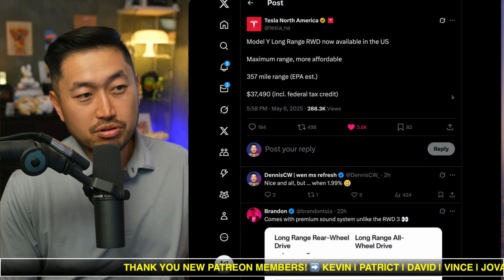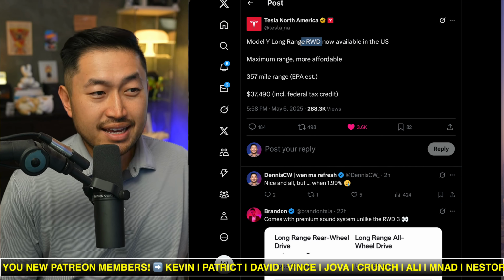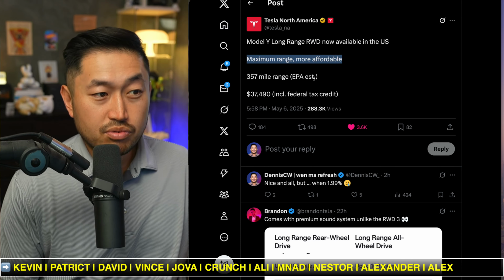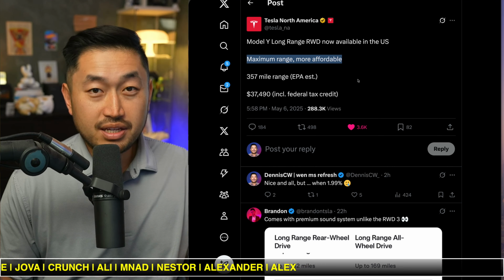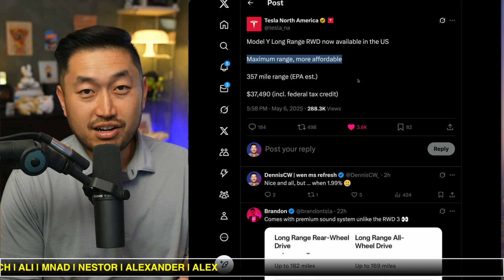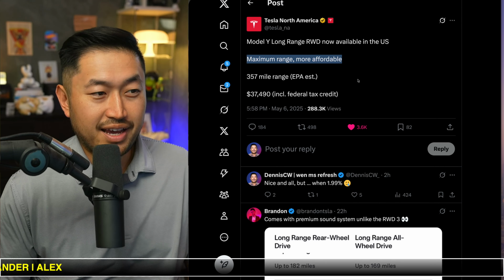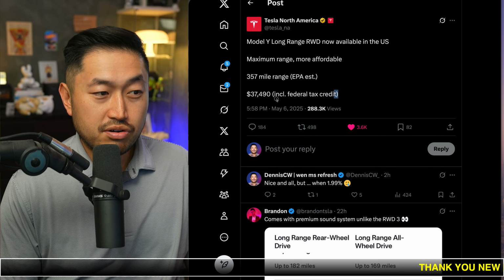But let's go with the pros of this. Of course, it's a rear-wheel drive, so unless you live in inclement weather areas, it's not going to be worth it. It does have the maximum range possible, and it's also the cheapest. So if you're paying cash, you can basically skip through this topic. But really, maybe if you're paying cash, there could be some other opportunities for that cash instead. It's got 357 miles of range, and it's priced at